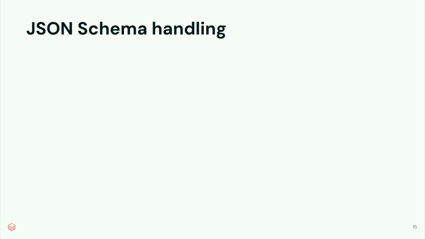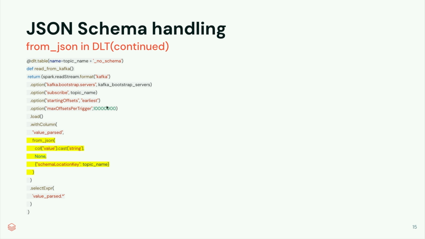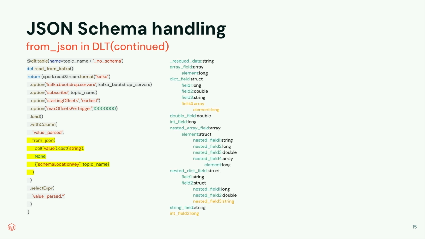Now let's see how from JSON and DLT would handle this for you, right? The highlighted code tells you how you can call from JSON to use automatic schema inference and evolution. I have like 100,000,000 records here. I'm specifying max offsets per trigger as 10,000,000, meaning I'm telling the streaming engine to do it in 10 batches, right? When you run this code after processing 100,000,000 records, this is how the schema of your Delta table looks like,